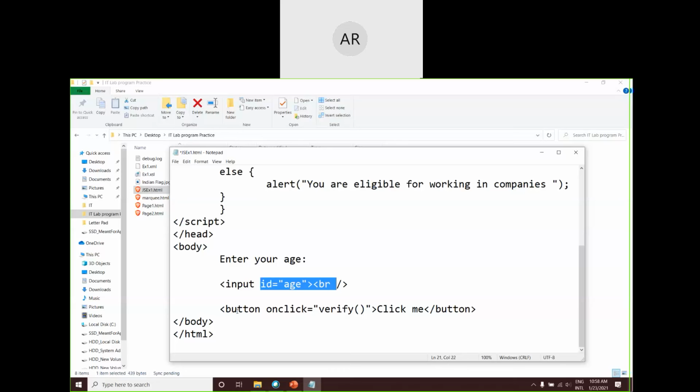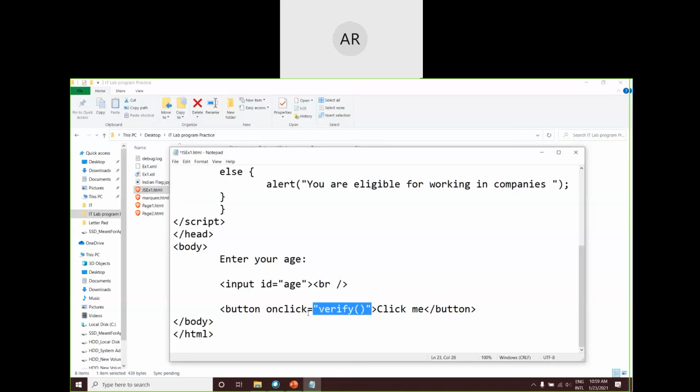Now button. We had one button over there, the click me button. To create that, we are using a tag called button tag. And this button tag is going to have some functionality to get executed when the button is clicked. So we have one attribute of that button tag called onclick, which will tell what functionality is to be executed. We are telling that the functionality to be executed is defined in this particular function. Please make a call to this particular function.